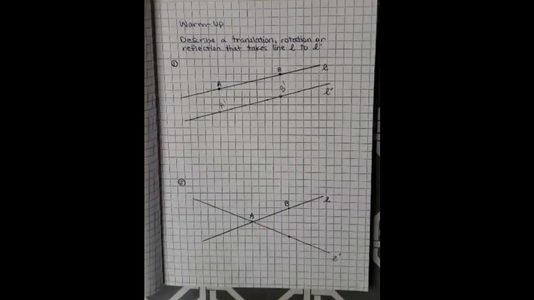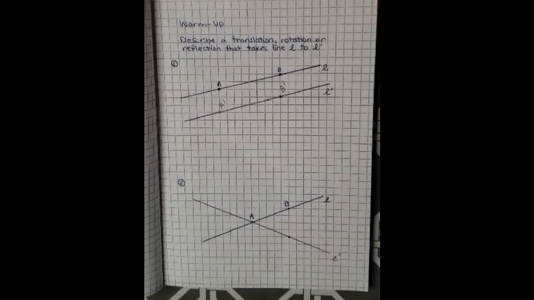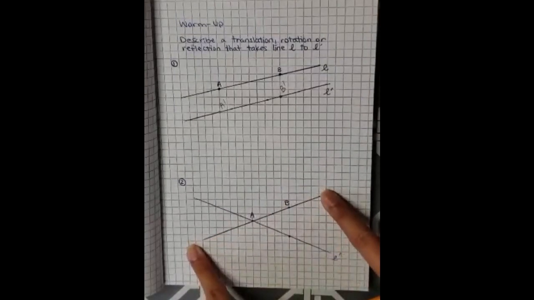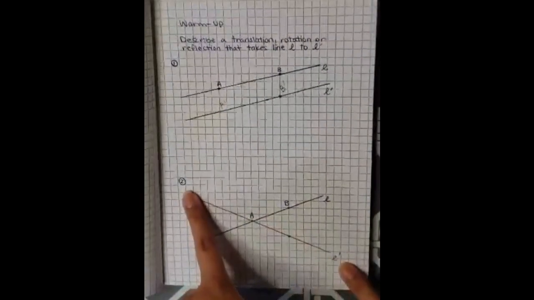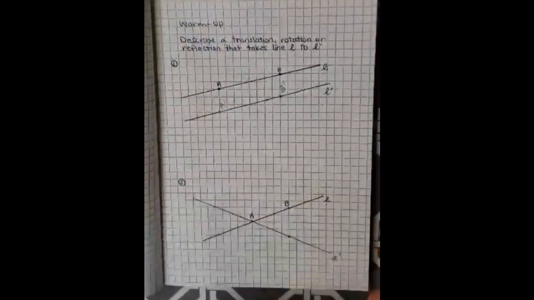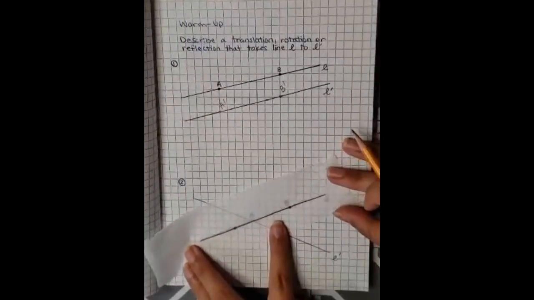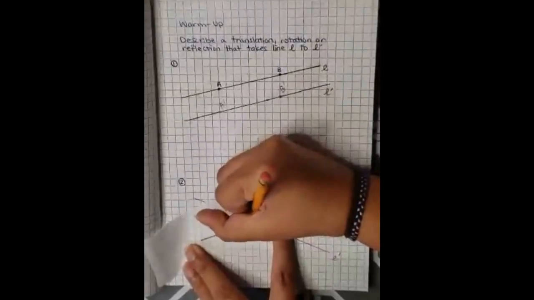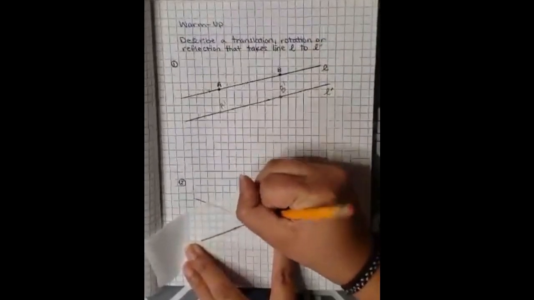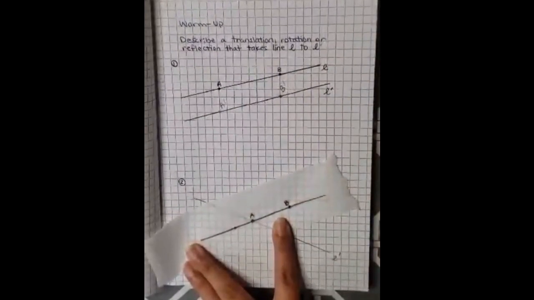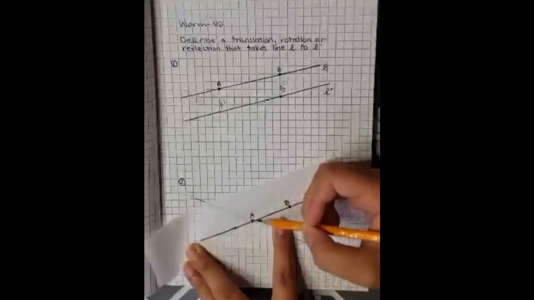All right, number 2. Now it says make a translation, rotation, or reflection to get L to L prime. So for this one, we see L is the blue line, and we want to take it to this purple line, L prime. So I would take my paper, do the same thing. We have a line, put my dots A and B. And what do you think we should do? Okay, one possible option